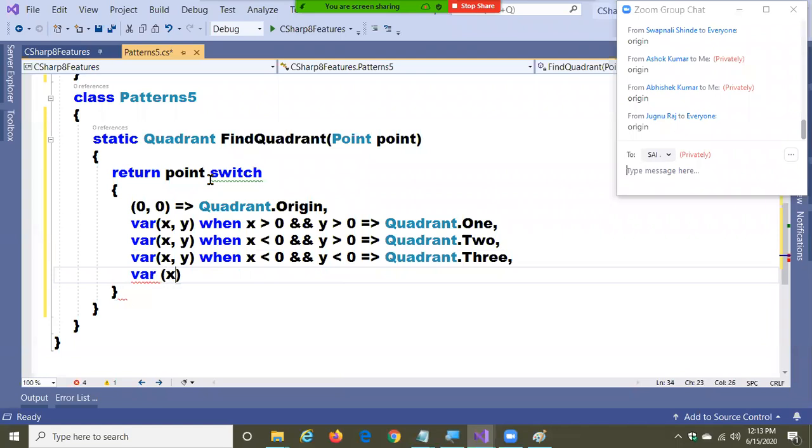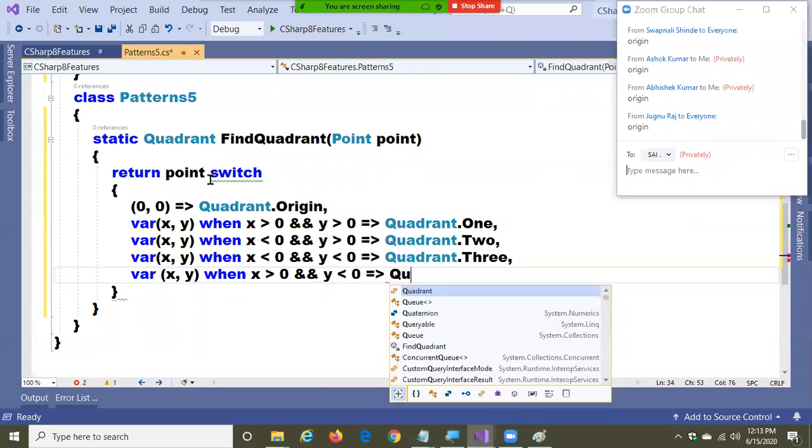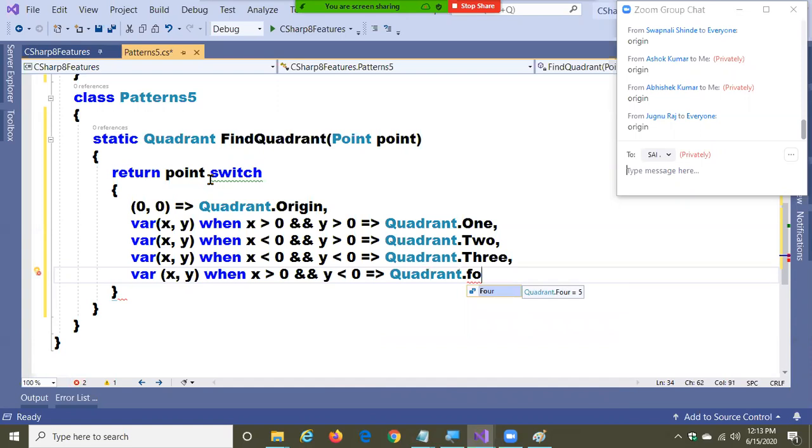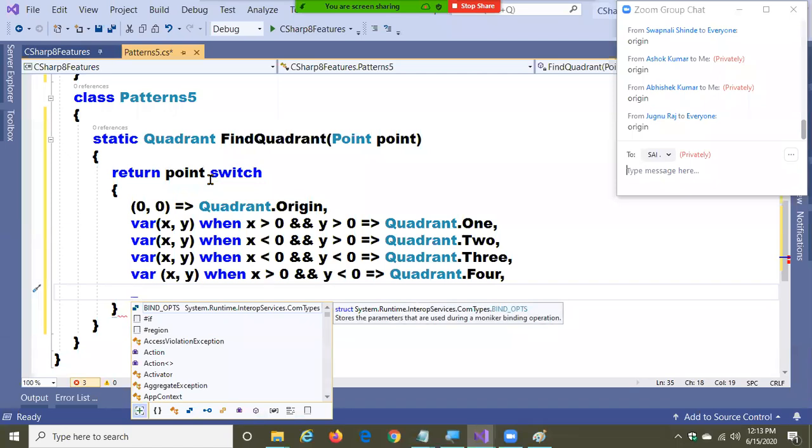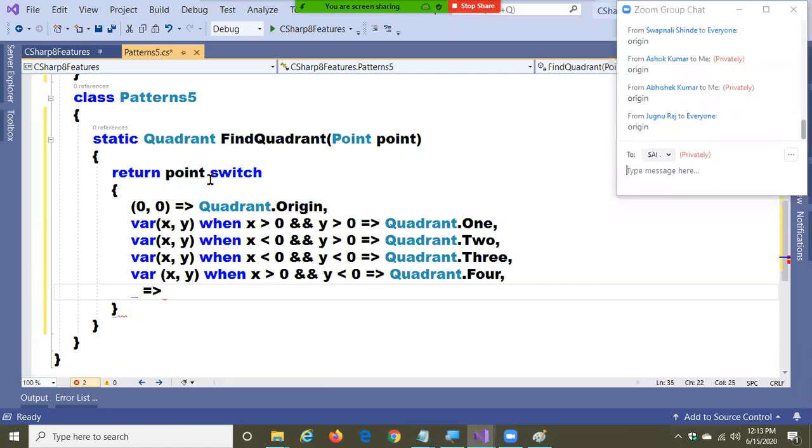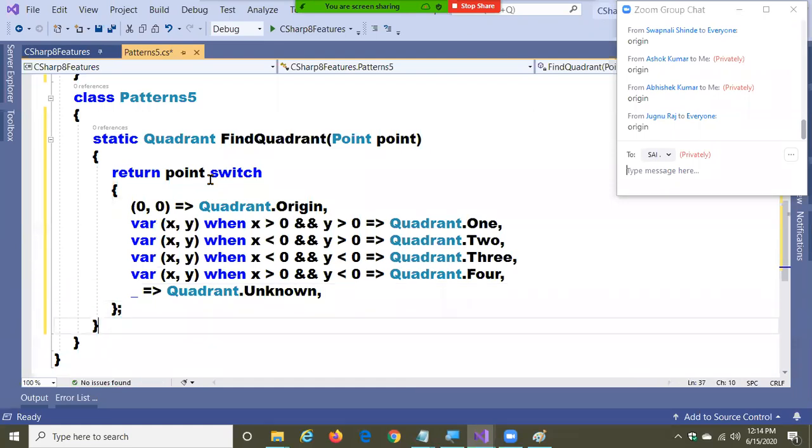Where x comma y, when x is greater than 0 and y is less than 0, quadrant dot 4. Next, simply default. What is default? Quadrant dot unknown.